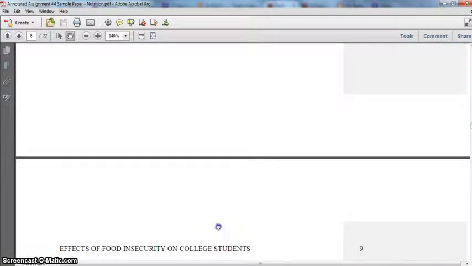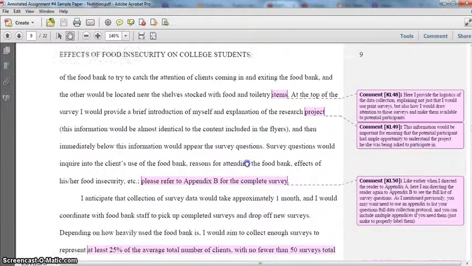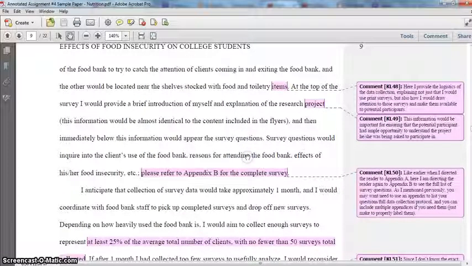So again, I'm explaining the logistics of my proposed project, and again, being really specific and detailed, because that's more convincing to a panel of judges deciding whether or not to fund your proposal than something that's just left really broad. So you do need to be specific and detailed, which our assignment information tells you.